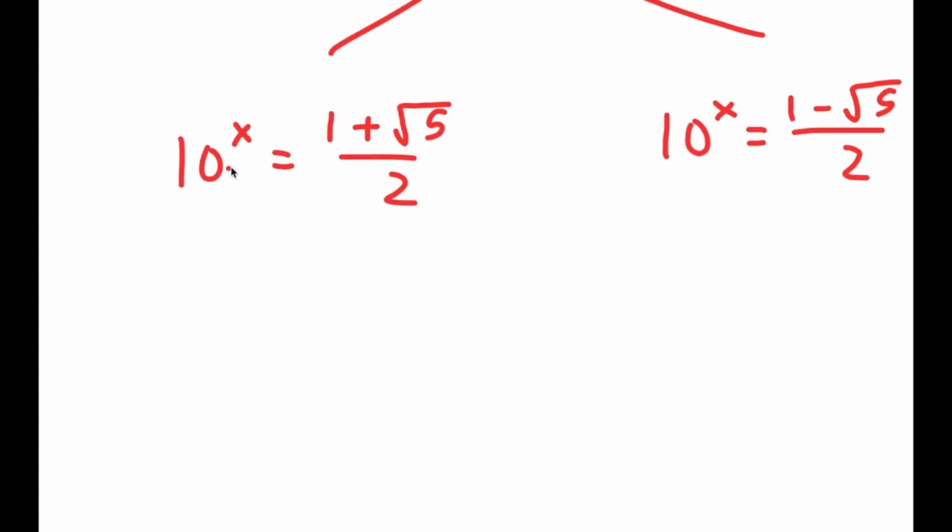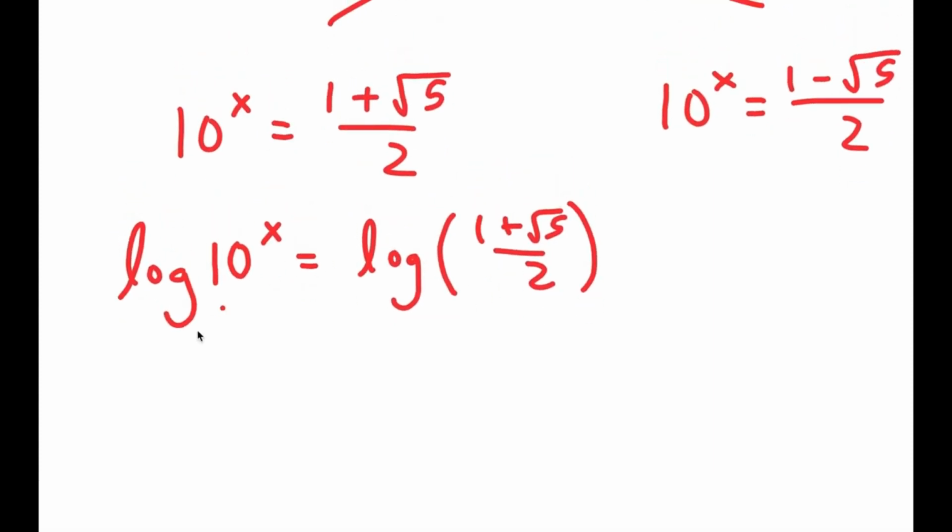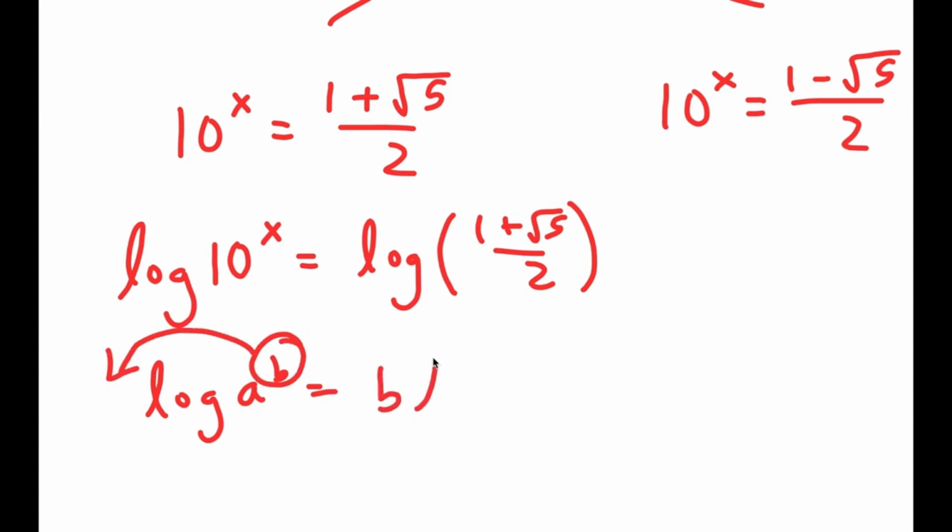Well, to solve this, we want the x over here, which is an exponent, to turn into an actual term. And to do that, we're going to use logarithms. So I get log 10 to the power of x is equal to log of 1 plus the square root of 5 over 2 when I take the log on both sides. And now, if I have something in the form log a to the power of b, I can move this exponent b to the front, so this turns into b times log a. So I can move x here to the front,